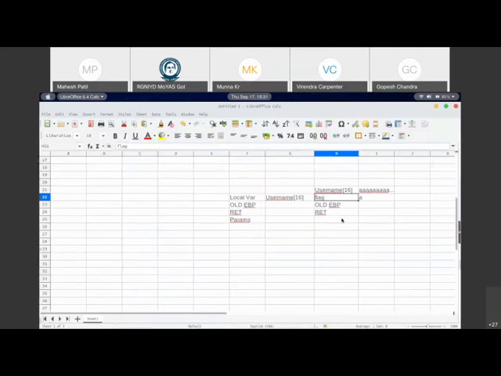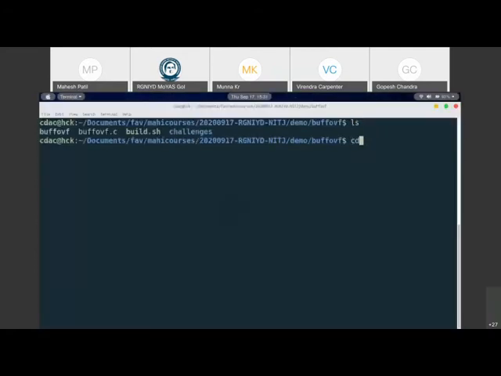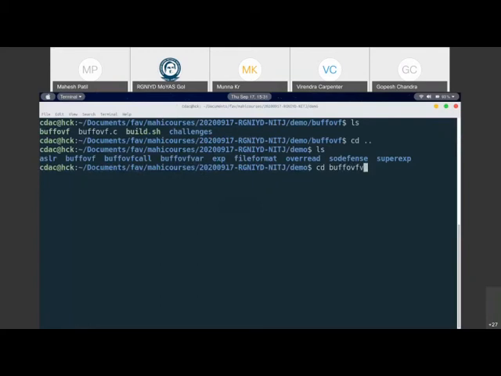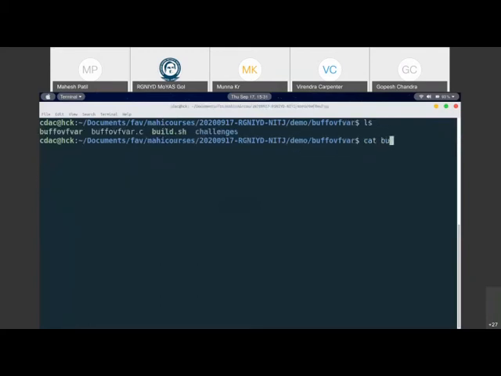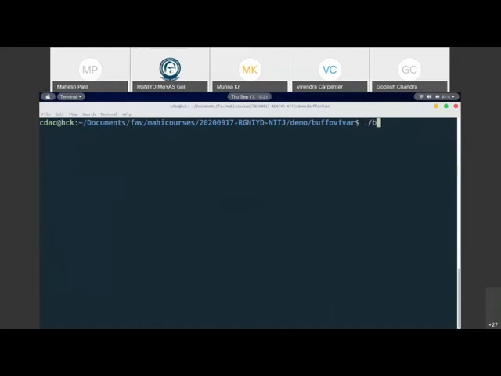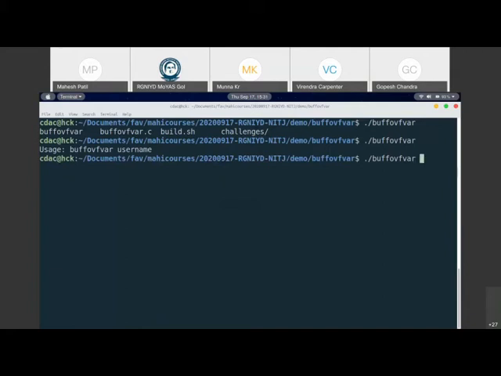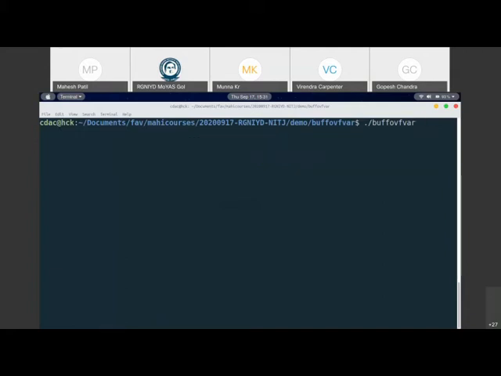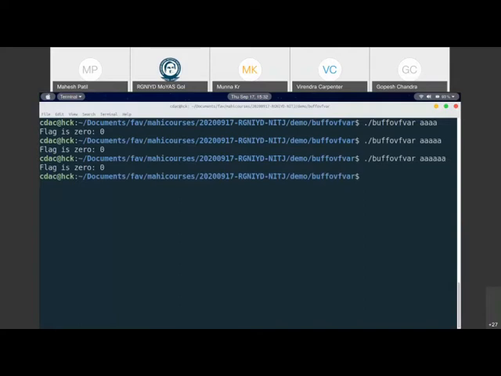So let's go and execute this piece of code. This is the same program which we talked about. The flag is never changed. Let's run that program first. When we run, it asks for the arguments. So let's pass some argument. I'm passing a small argument, right? So it doesn't cause any problem. It's always going to be 0, still going to be 0.